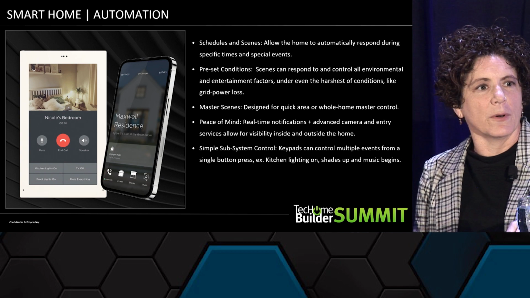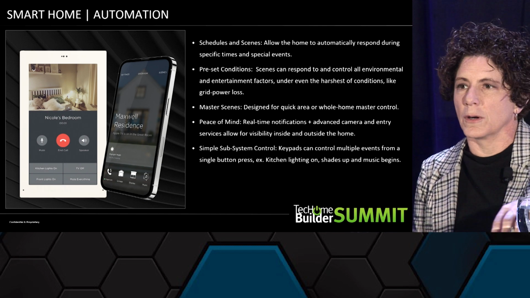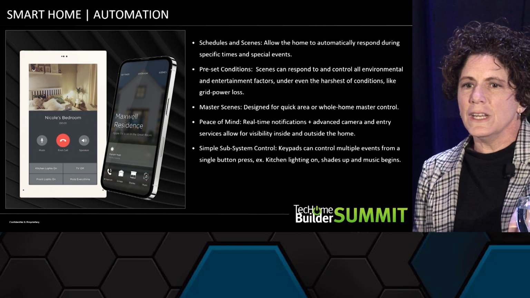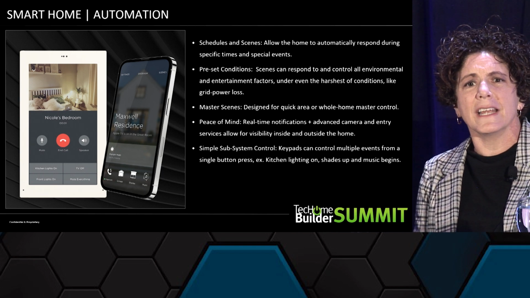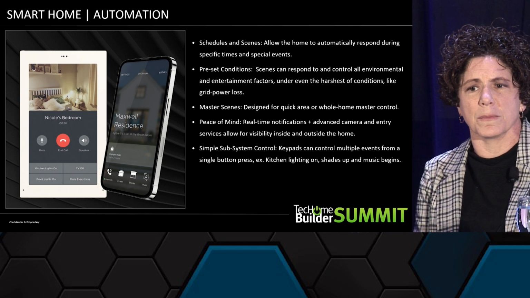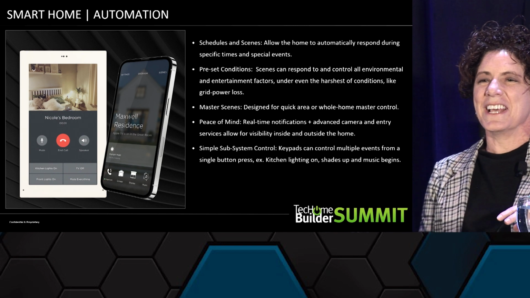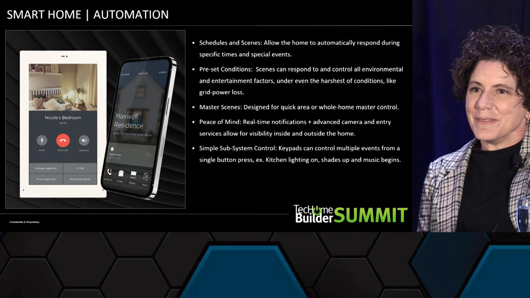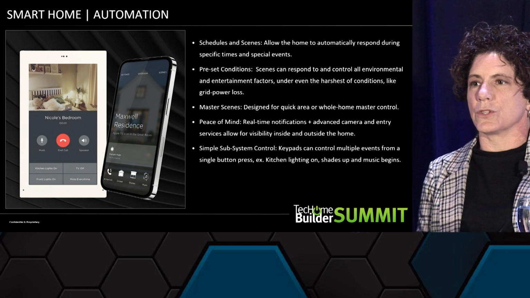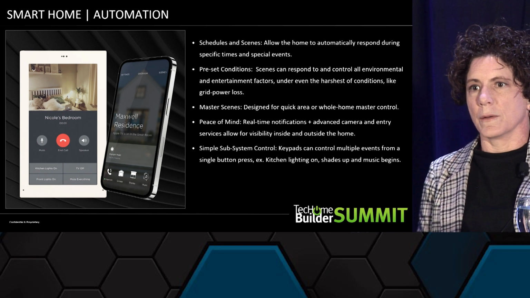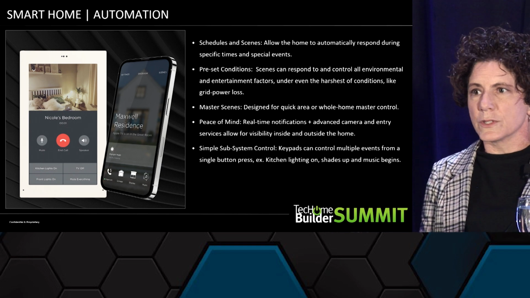This is stuff that people in this room should be familiar with, as we think about different parts of the smart home. There's a couple things here that I thought it was good just to remind us and point out. I think the ultimate goal of a control or automation platform is really simple control of multiple subsystems. I think that's the best way for us to think about it, because there are going to be multiple subsystems